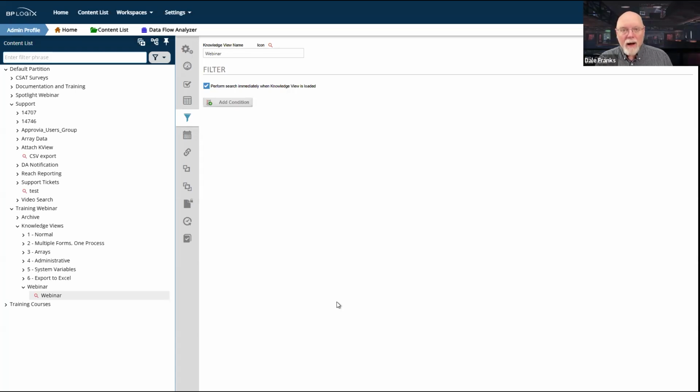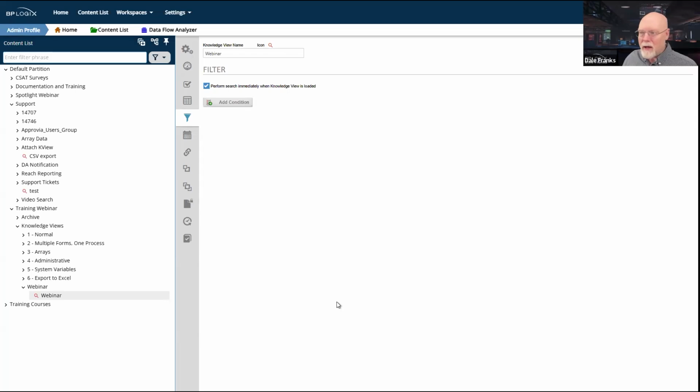But I don't want to see all 1,000 of those instances. I want to see a much smaller sample of those instances that might be relevant to me. One of the easiest filters to put on is a filter that says, okay, let's only show forms where the user is the form submit user. So that would be generally a great filter.